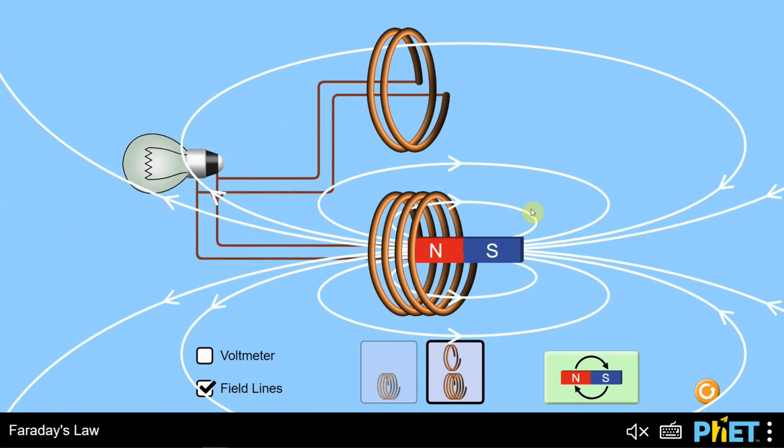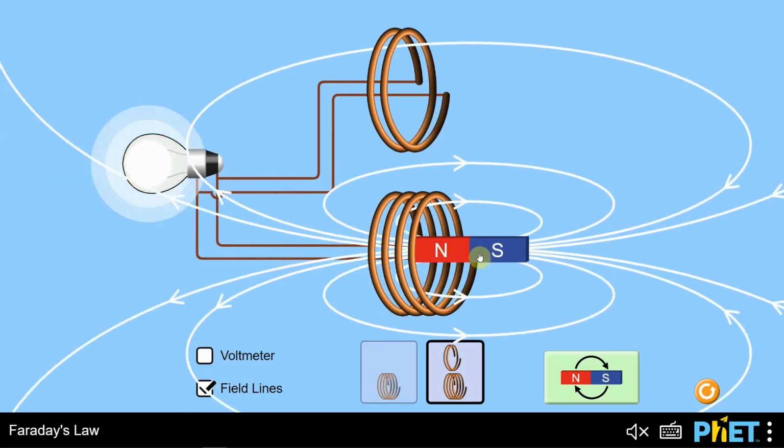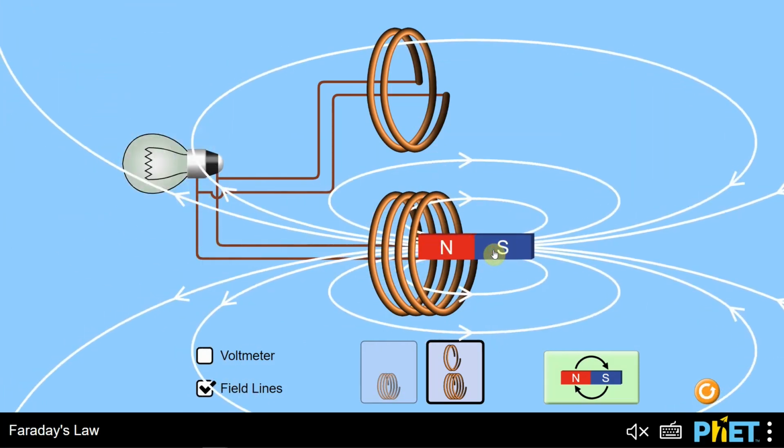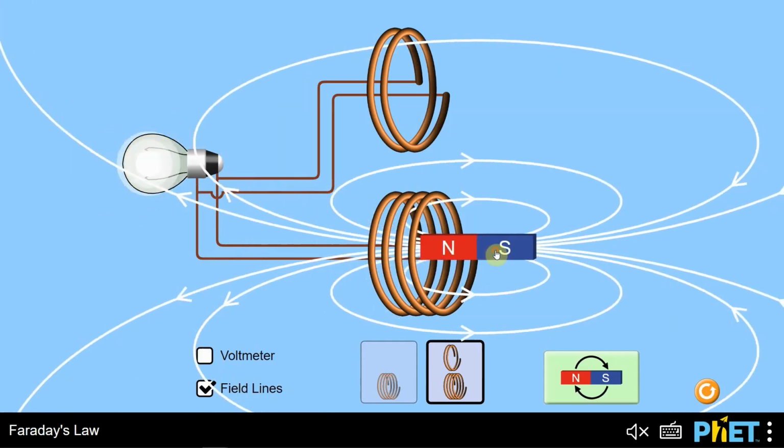So I'm not going to go much into details on Faraday's laws, but this is the idea that you have to have in mind when we talk about the grade 12 topic, which is electrodynamics. Today we are going to look at electrodynamics. This is one of the concepts that sometimes is challenging, not really difficult, but at least a little bit tricky to understand. But we're just gonna talk about